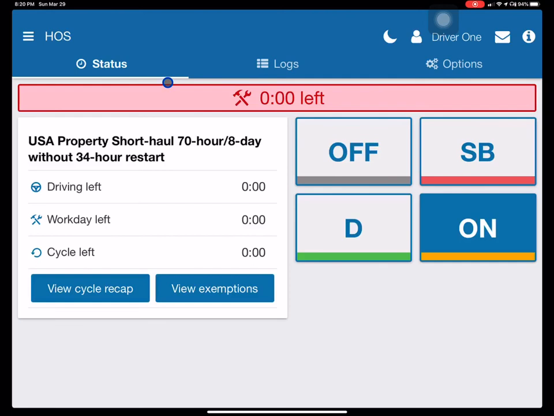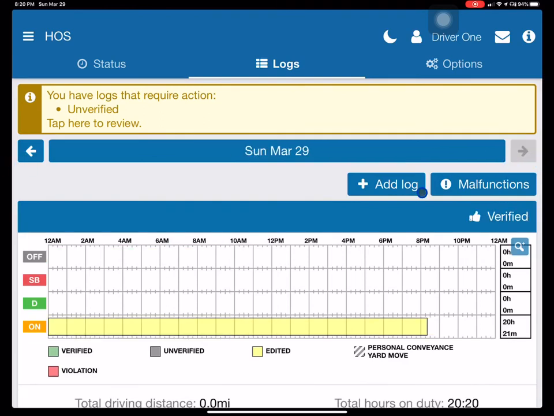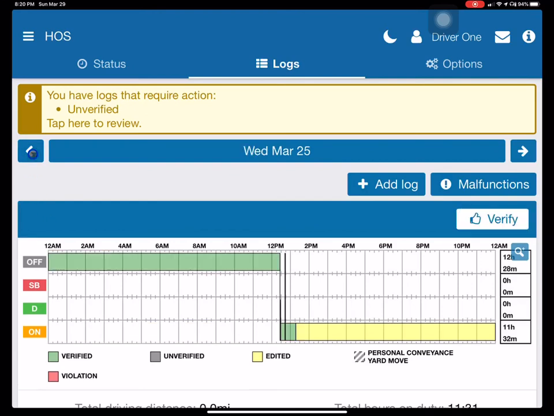If I go in as the driver myself and go to where it says logs, I can actually use these arrows here, left and right, to go back to the day that I worked where I left myself on duty. So I can go back, and every day it'll show you that graph, so they can just see, okay, that day I was on duty the whole day, and eventually they'll get back to wherever it was that